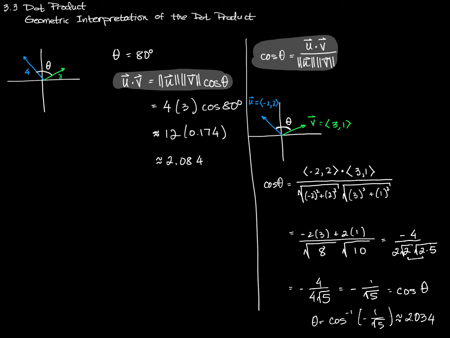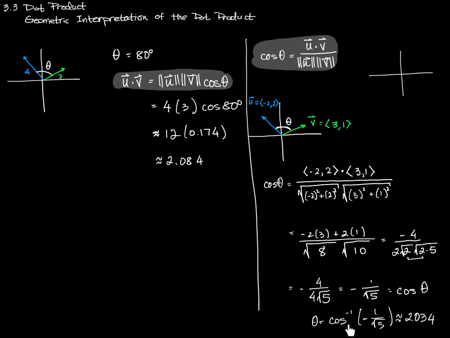0.034 radians. And I need to look now carefully at my diagram because I want to make sure that this actually makes sense. Is this 2 radians worth of an angle? Have I gone into the wrong quadrant? Have I used the cosine inverse incorrectly? We can start to answer that question by recalling that cosine,